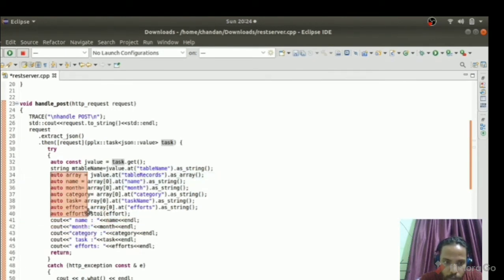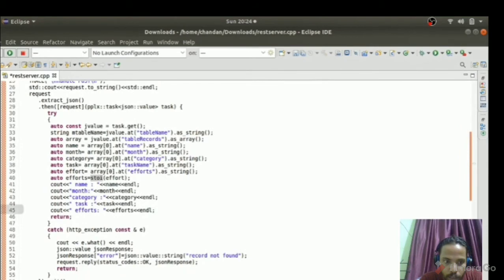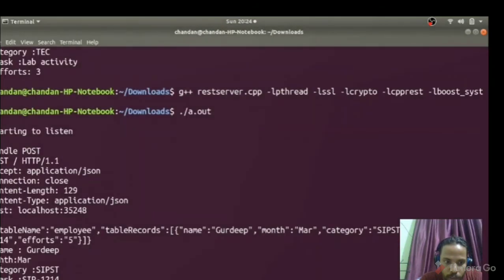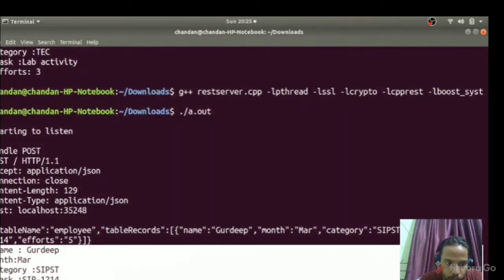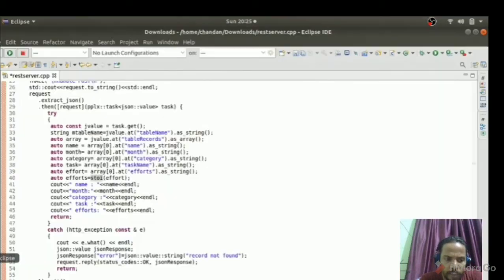So mainly we can parse the array of the JSON request and put it in strings. This is the JSON array request which we received from the GUI, and we print it. Here is our print: name Gurdeep, month March. So we have parsed it in the program, and we can do different things.